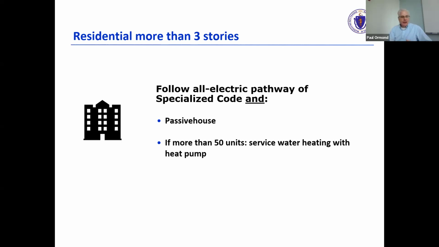So just to reinforce again, all of these things are described in this section of the slides. These are all completely voluntary. If you take them on, then you qualify as meeting best practices, and thus can be relieved of the GHG MEPA review that you otherwise go through. And if you wish to not do some of these things in your building, that is totally acceptable. It's simply the same process that we have now.